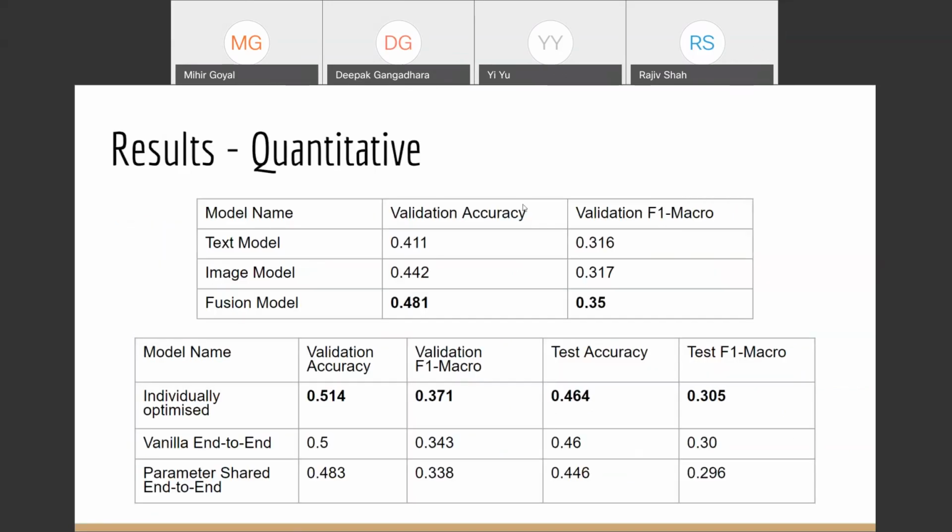So looking at our results, we see that the fusion model performs better than the individual models. This proves our hypothesis that unimodal models may not be as effective in such a domain. Coming to the ensemble models, we see that the individual models surprisingly performed the best out of the three. This may be because of the abstractness of our dataset and how learning such a complex task may involve more careful hyperparameter tuning when dealing with such large and complex models like neural networks.